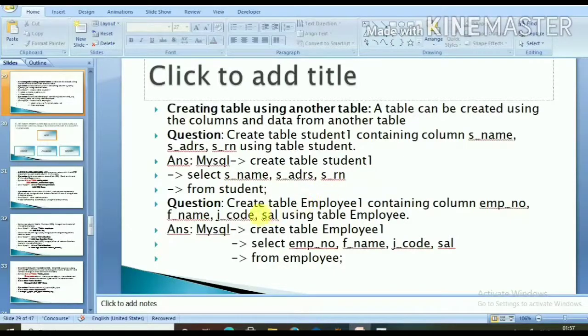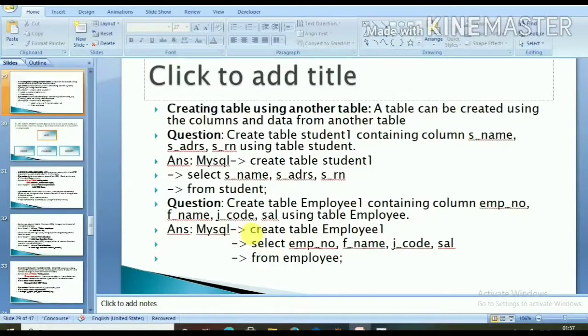We will see one more example. Create table employee1 containing columns emp underscore no, f underscore name, j underscore code and sal using the table employee. So already we have created the table employee. By using the table employee, we have to create the table employee1 having these 4 columns.